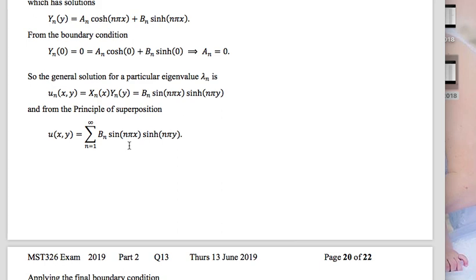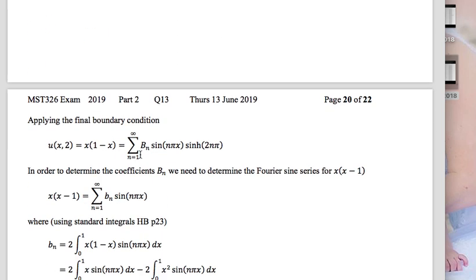Because we know that if this is the solution, any linear combination of this is a solution as well. That's why we can put it. So that's what we do. So we've got this is that. Now, we need to make this look like this and then figure out what Bn is. So we're just going to change this into a Fourier sine series, and that's going to have a sine n pi x in it, or something like that. And from that we'll be able to figure out what Bn is